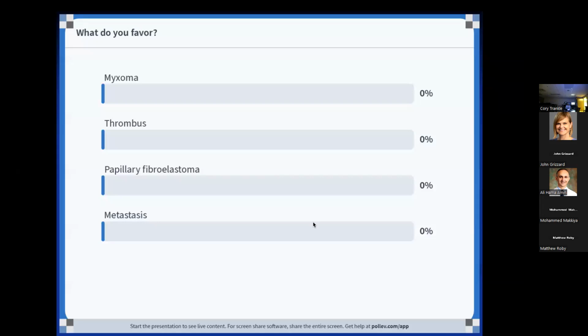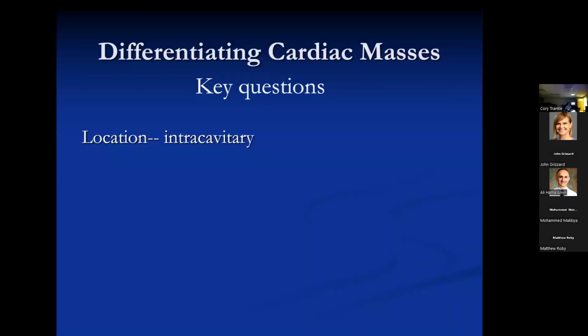And I'll tell you guys what people are saying. There's a link up at the top. You can see where you can join in if you want. And there's also a QR code thing. Oh, some people went with papillary fibroelastoma. Interesting. Yeah, it kind of could be. I mean, it's sitting right up there in the left atrium, not a bad location. We've had cases of that. Other people are going with myxoma, so that's now a 50-50 split. Okay, fair enough. So let's go through it.